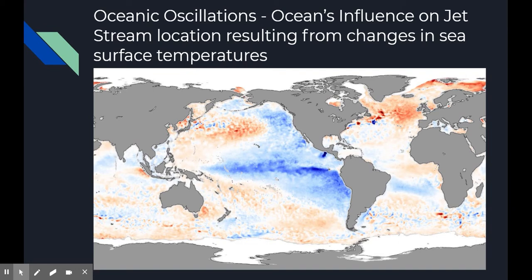The cooler temperatures off the west coast of South America are indicative of a La Nina pattern, where the blue colors represent cooler than normal sea surface temperatures. The orange represents warmer than normal sea surface temperatures. But this La Nina pattern will result in a shifting of jet streams further north, with more dry weather expected for the southwest part of the country.